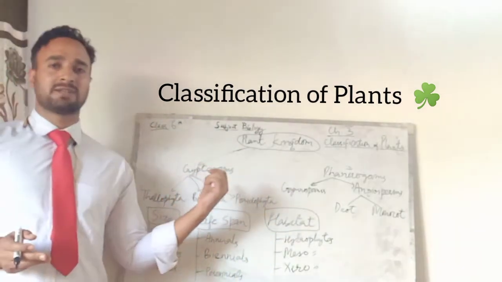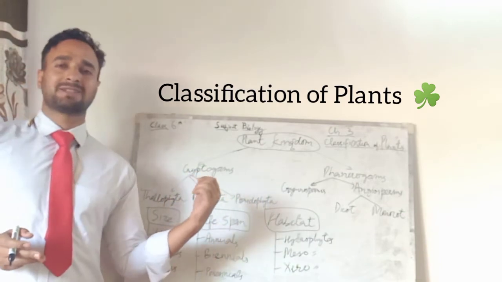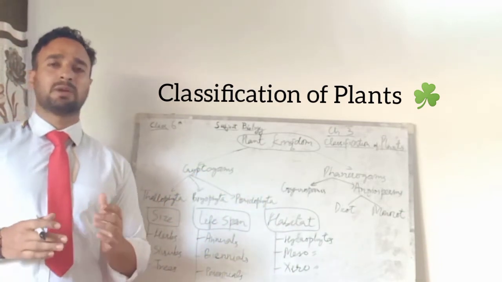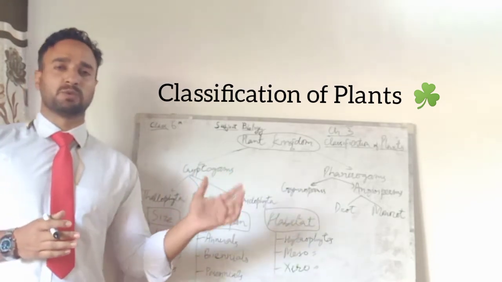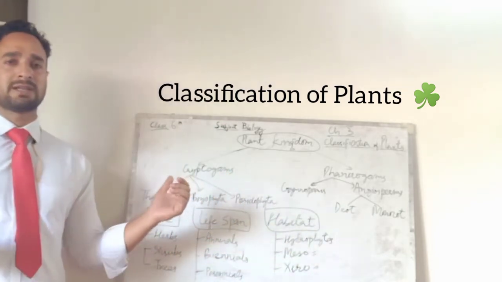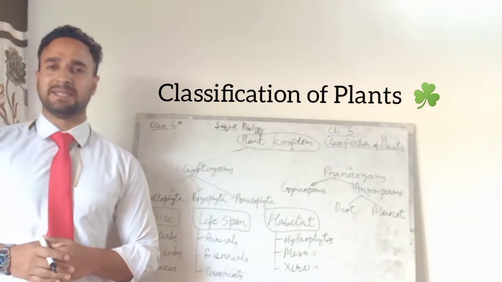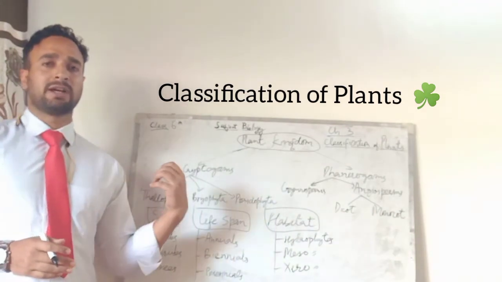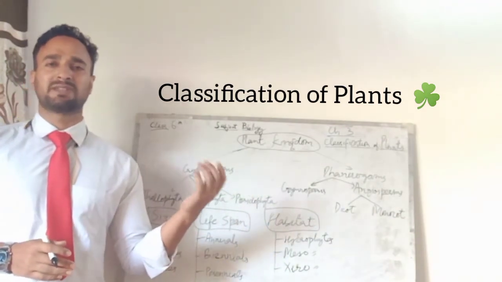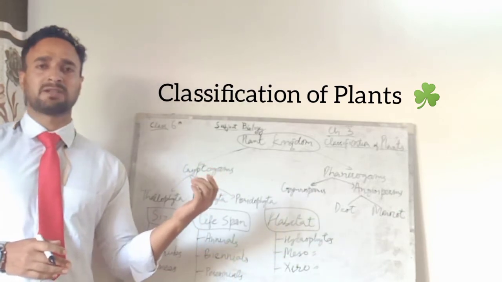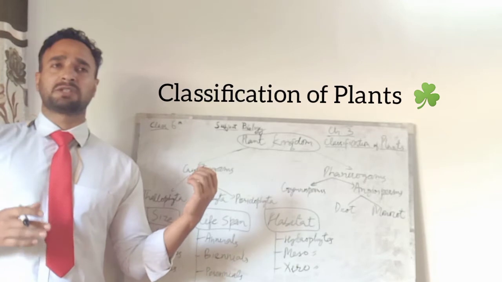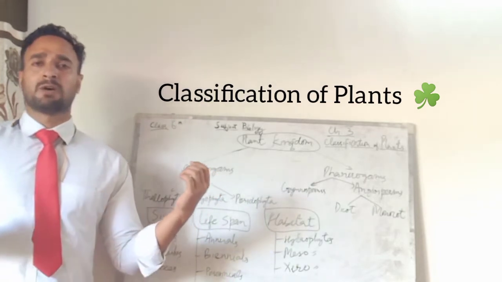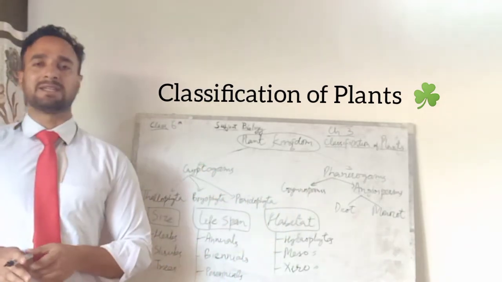Thallophyta, as the name suggests, the whole plant body consists of the thallus and cannot be distinguished into the roots, stem, and leaves. The classical example of the thallophyta is the algae. So thallophyta basically contains the earliest unicellular plants, and the plant body cannot be distinguished between the root, stem, and leaves.